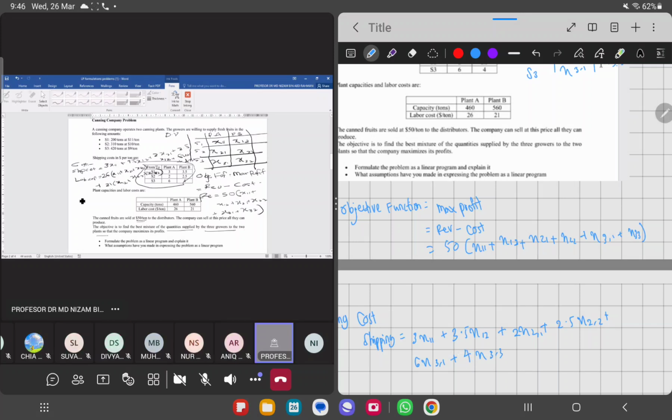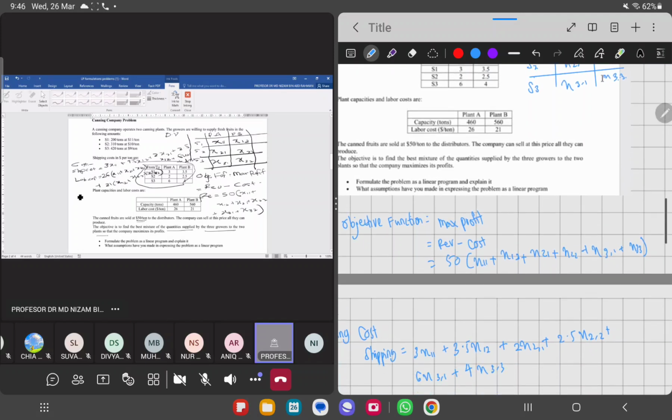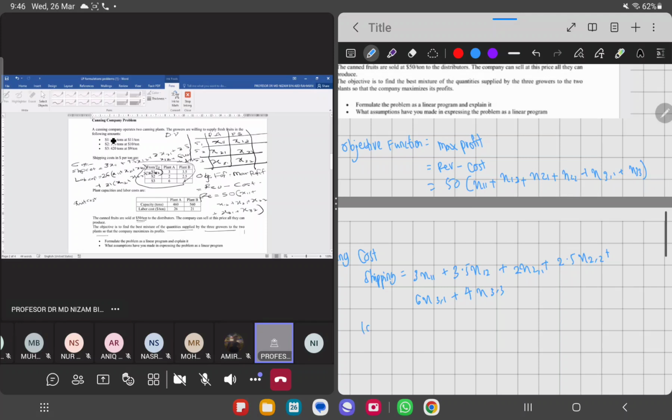Road costs? Somebody mentioned fruit cost, Doctor. Yeah, fruit cost. So fruit cost, right? S1 is $11 per ton, S2 $10 per ton, S3 $9 per ton. So fruit cost is equal to, for S1, 11 times